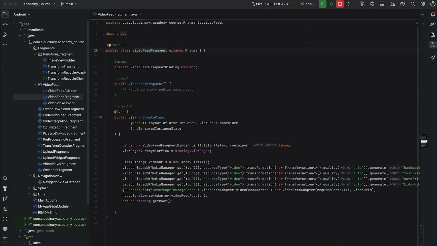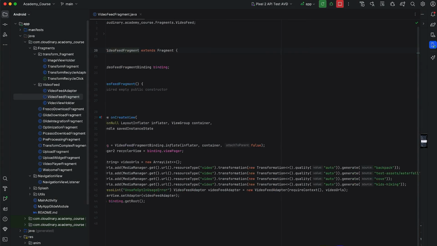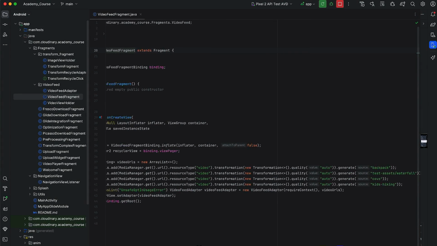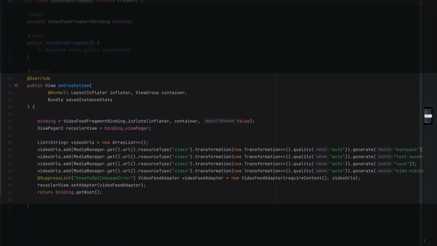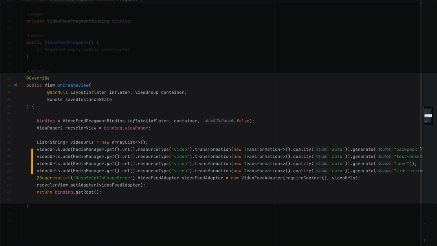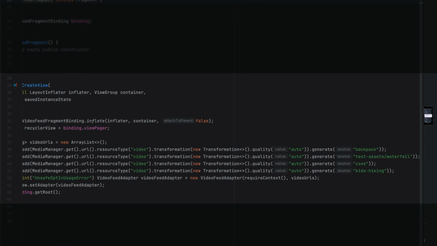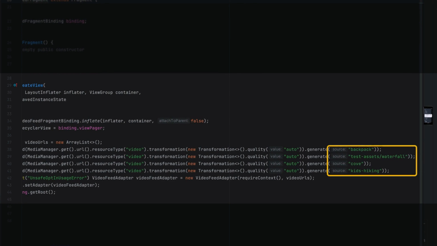So the videos are being generated in the exact same way. We'll see that they're generated using the Media Manager object. If you look at lines 38 through 41, we're going to have 4 videos in our video feed, and we can call these based on the public IDs of assets that are already in my Cloudinary account. You'll see there are 4 public IDs listed, and if you want to direct your attention to test assets/waterfall,